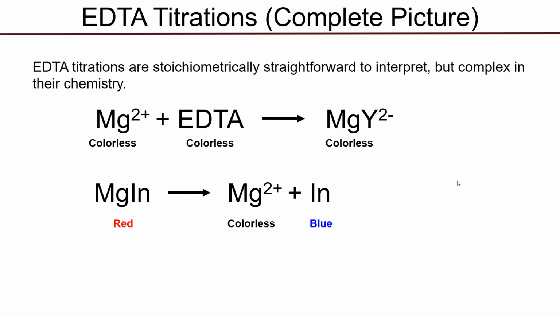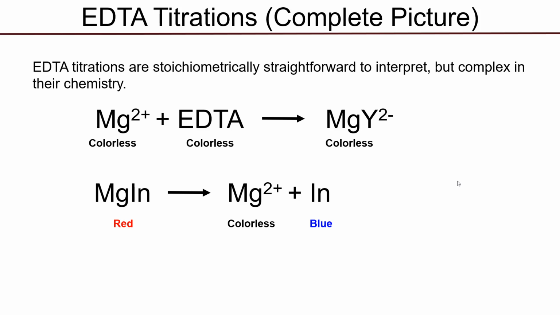For our last comments on EDTA titration chemistry, we want to put all these skills together and describe the whole thought process from a chemical standpoint that goes into an EDTA titration. Obviously, the data from EDTA titrations, when they're executed correctly, are stoichiometrically straightforward to interpret because the metal ion binds the coordinating ligand in a one-to-one fashion. So if you can locate your endpoint, you can use the basic stoichiometry of the equation to unravel the analyte's